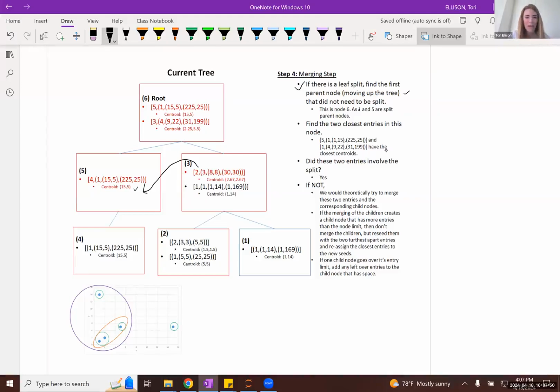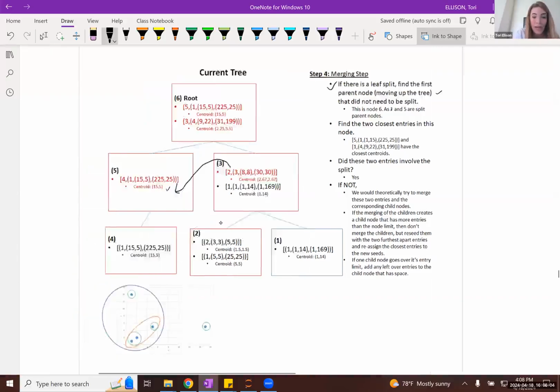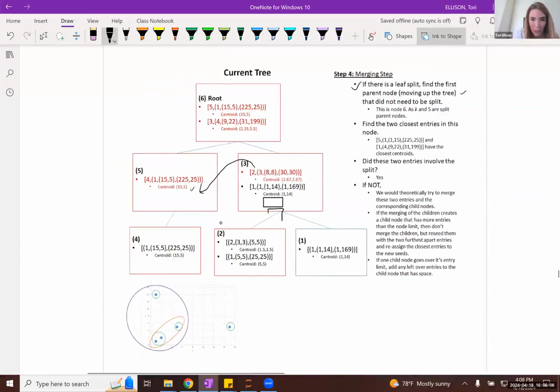And if you're using this reseeding process and one of your leaf node entries ended up going over the maximum, then the algorithm says to take some of the leftovers, or the excess clusters, and just put them with the other cluster.